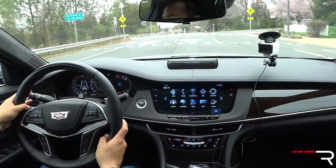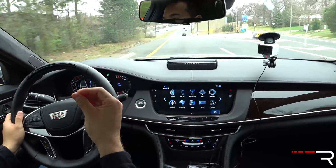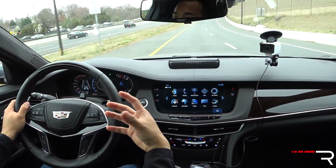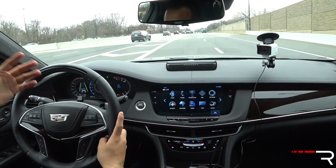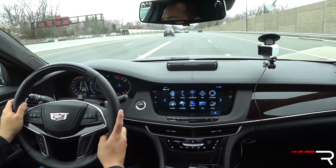If you guys are familiar with the DC area, you'll know. And I found that the Super Cruise only worked on the actual interstate. That's kind of where the LiDAR mapping comes into play. It will use predictive road looking ahead, where it knows where the road's going, if it knows any construction and whatnot. But first of all, this one here,